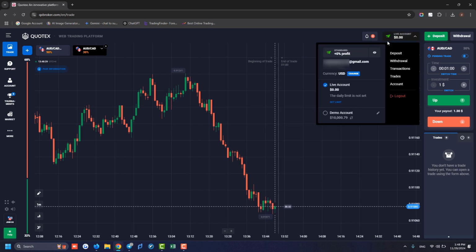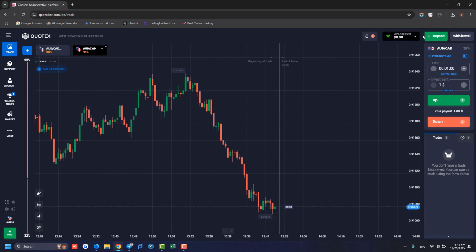In the next part, we can switch between our real and demo accounts. And we have options like deposit, withdrawal, history, transactions, trading, and account, which are repeated in other sections of the site. As you saw in previous tutorials, we have deposit and withdrawal options, where we can deposit and withdraw to our